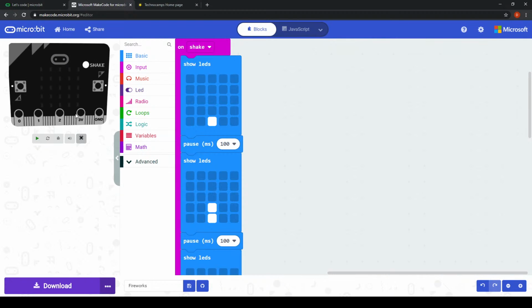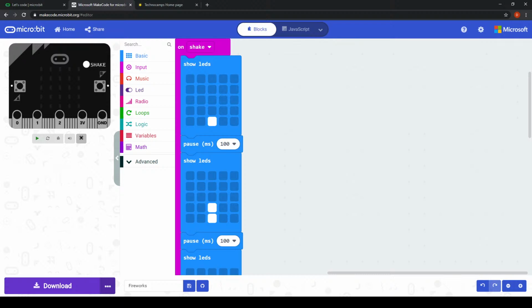So that is our virtual MicroBit that we have on the screen here, and even if you are going to download this program to your own MicroBit, it is sometimes a good idea to test that your code is working by running it in the simulator first, in the virtual MicroBit, because otherwise you could find that you've downloaded the code and you try and run it and it doesn't actually work as intended. So it's always a good idea to test your code to make sure that it works properly before you then go on to actually downloading it and running it